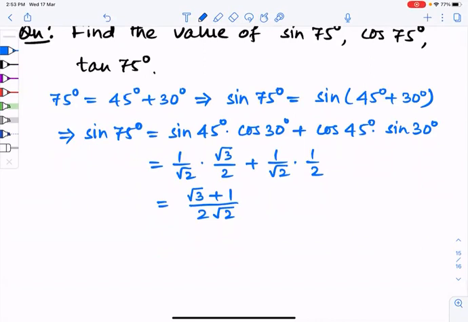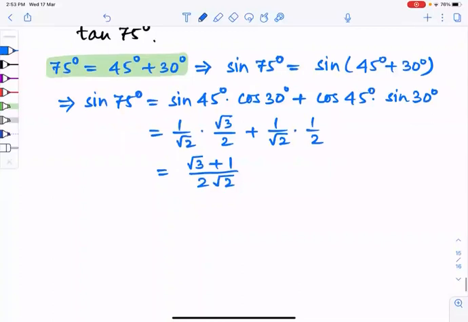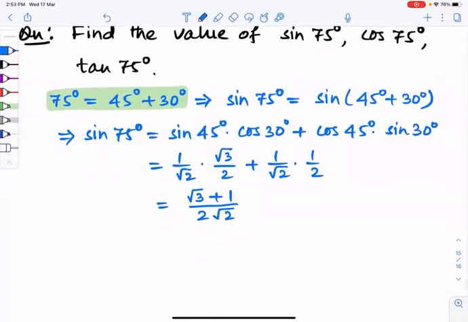Similarly, you can find cos 75 degree by using this relation. 75 degree can be expressed in terms of 45 degree and 30 degree. Okay, tan 75 can also be found. And so those, let that be homework. Let us now find the value of